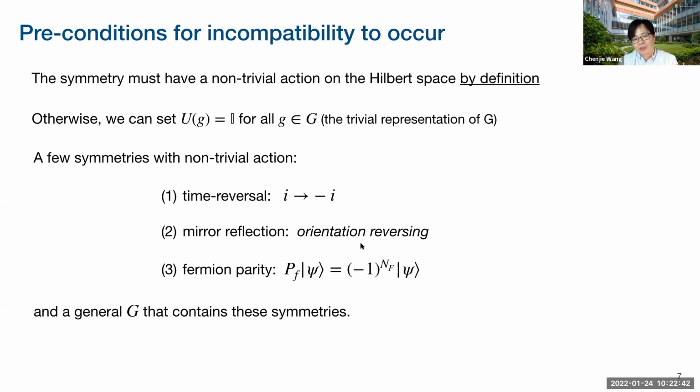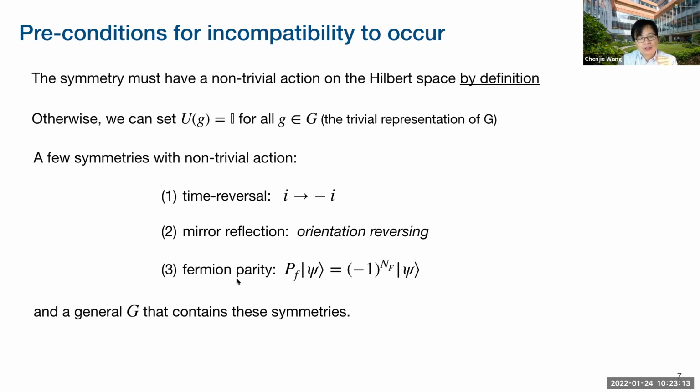Suppose you are trying to study braiding. If you take a mirror, then clockwise becomes counterclockwise, and this orientation is built into the many-body Hilbert space. In the single particle Hilbert space, there's no orientation defined. But suppose you have a many-body system, say you consider the two-dimensional quantum Ising model, then you have a lattice, so you know what is left-handed and what is right-handed. This action is not trivial, by the very definition of mirror symmetry.